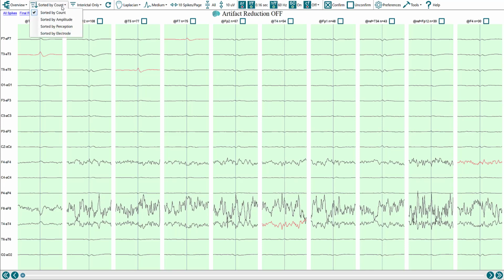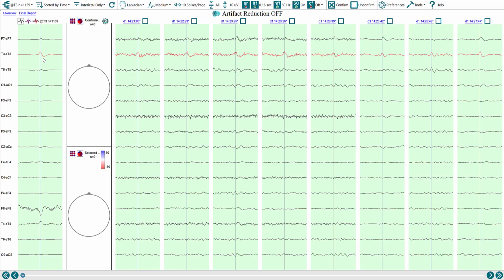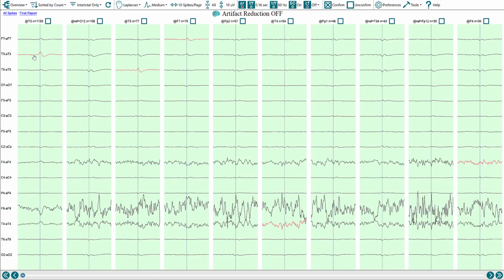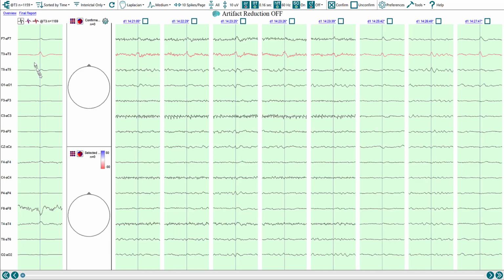Now in this first display where we're showing the spike groups, sorting them by count works pretty nicely, because then we have the spikes with the greatest number of detections, or the channel with the greatest number of detections right at first. So I'll go back to the overview. And as you can see, when you click on this one, it'll take you into that average. And so that's the first step, is we'll go into the first average, and you can use any montage you